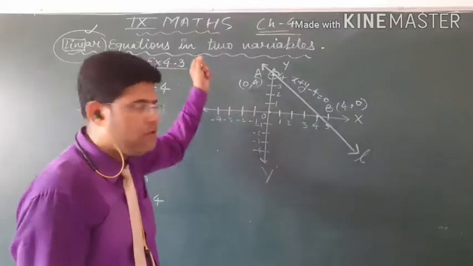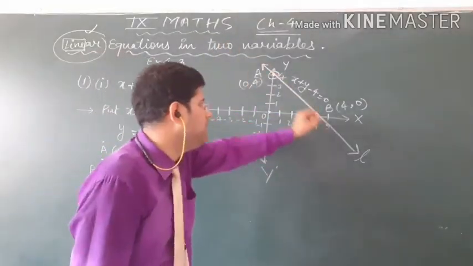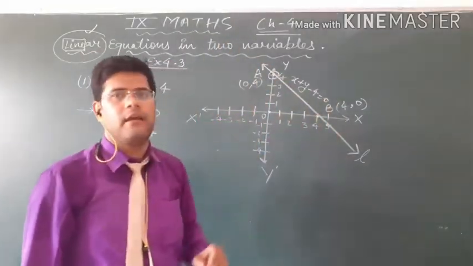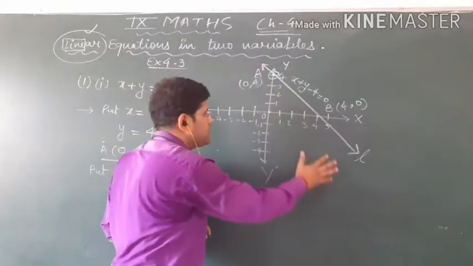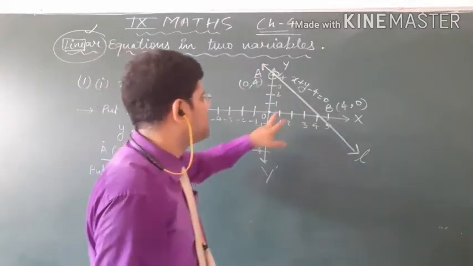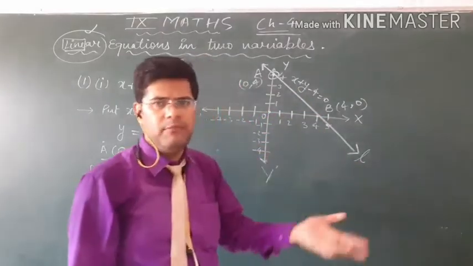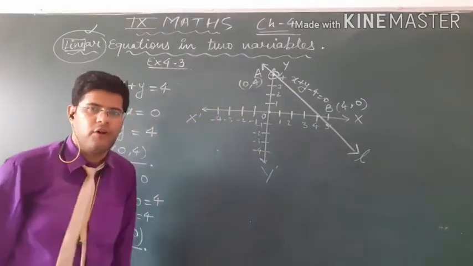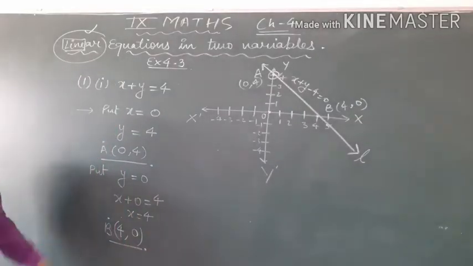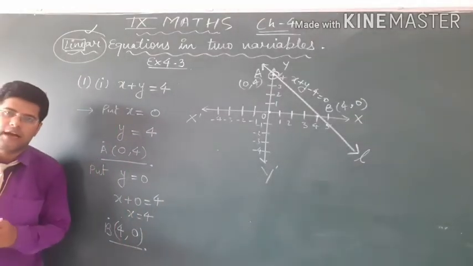When we draw the line between A and B, we have an equation of the line. That is known as the line of equation. Now write the equation on the top of the line, and we can put the name of the line as L or M or N in a small font. Okay students, here is the method of putting any equation on the graph.